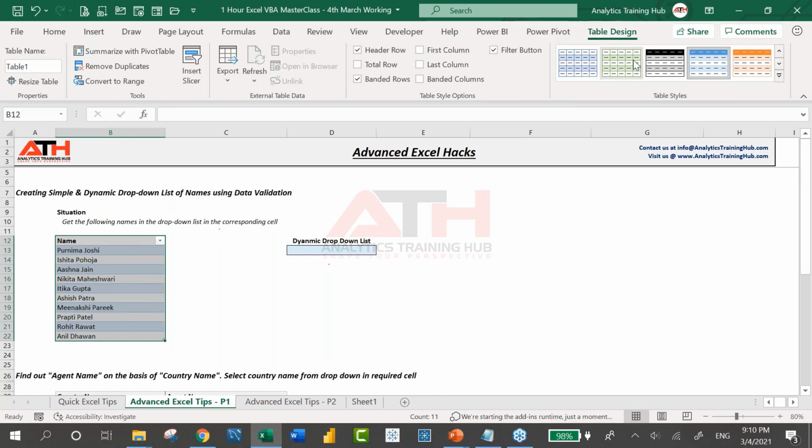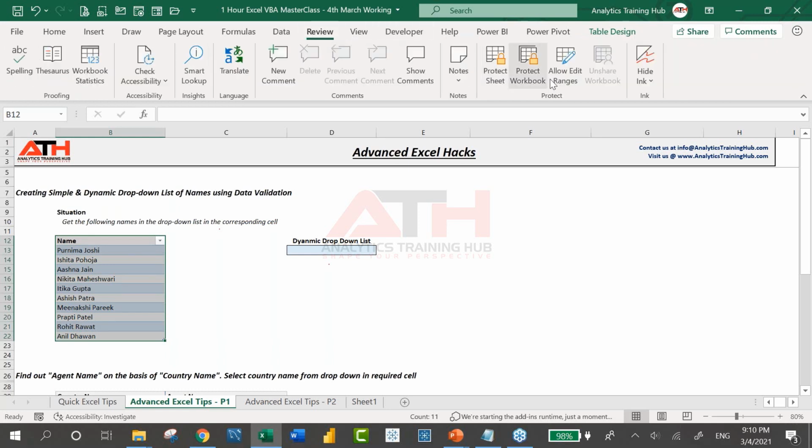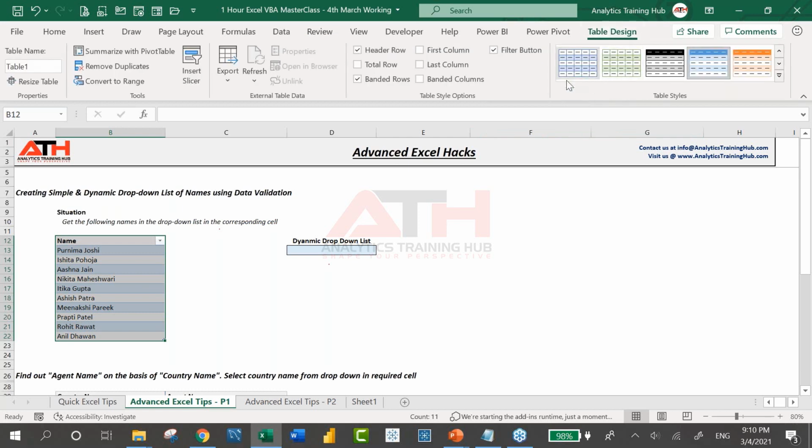You won't see it as table design. As I said, I'm having the latest Excel, I'm having the latest Excel engine as well. And Microsoft has started rectifying the ribbon tabs names wherever it was required, so as the category names. For example, if you come to review ribbon tab, you would see that this category is not known as protect in your case. You might see here a category called changes. So Microsoft realized that it was not an appropriate name for this group, because this group is usually required to protect the sheet, workbook or cell. So why changes are given there as a name? So then Microsoft has started rectifying all these names wherever it is required. Okay. Moving back to table design.